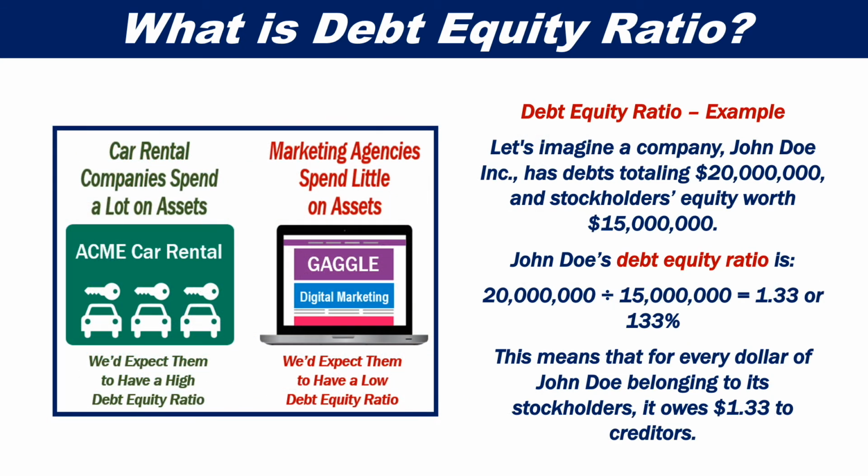Let's imagine a company, John Doe Inc., has debt totaling $20 million and stockholders' equity worth $15 million. John Doe's debt-equity ratio is calculated by dividing 20 million by 15 million, which is equal to 1.3 or 133%. This means that for every dollar of John Doe belonging to its stockholders, it owes $1.33 to